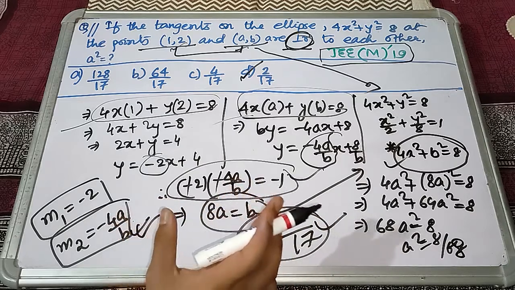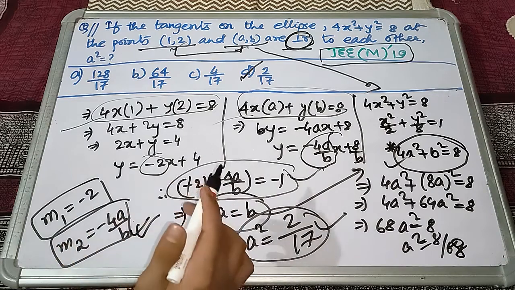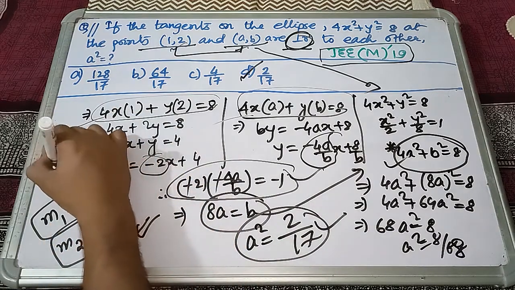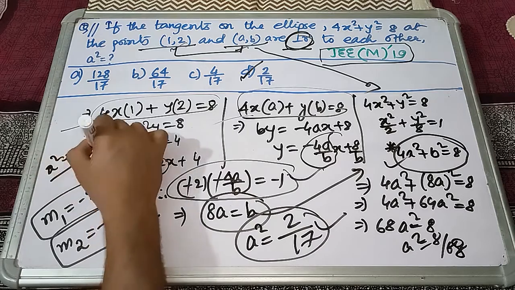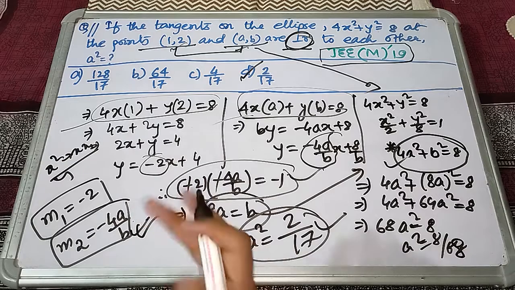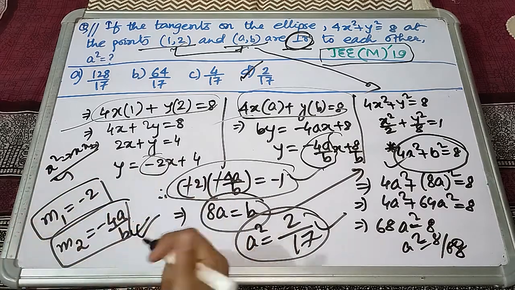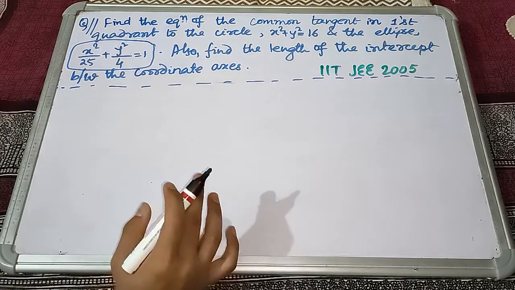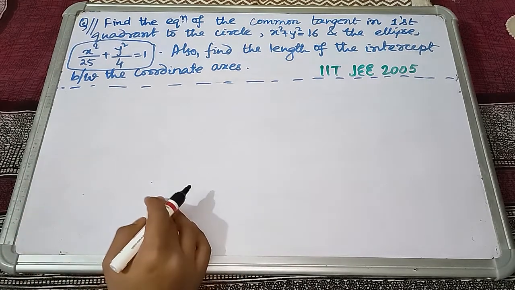Right, this is a good practice question. This will clear a few of your concepts and also show you the importance of this transformation: x square to xx1 and y square to yy1, x to x plus x1 by 2, y to y plus y1 by 2. So let's move ahead. Regarding our ellipse portion, this is the last question in this video. Next we will begin with the hyperbola portion.